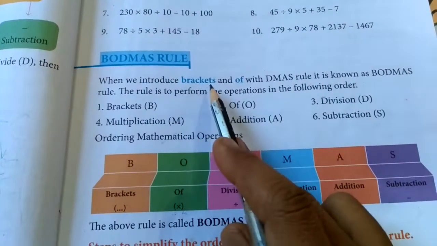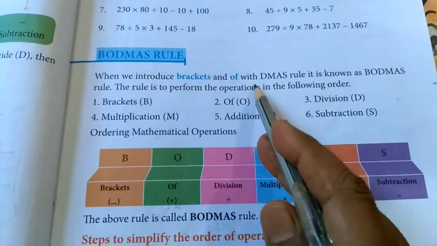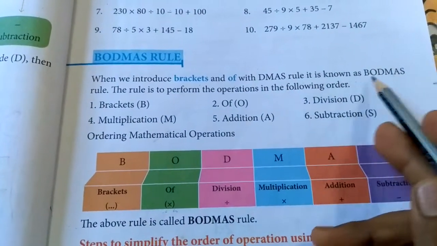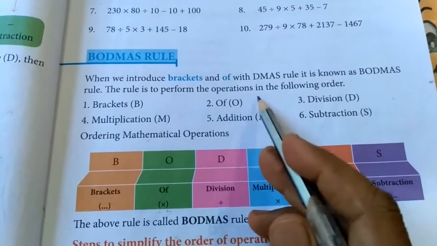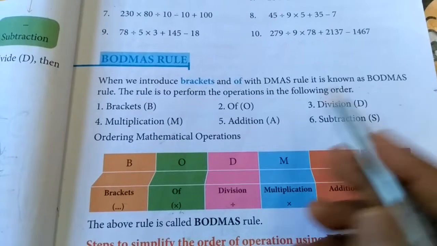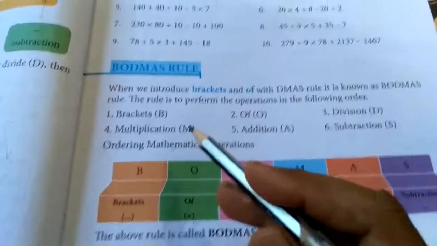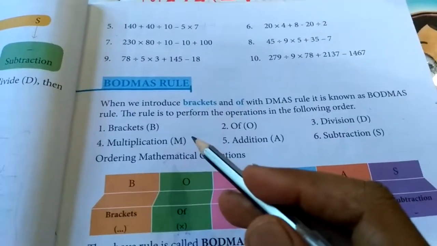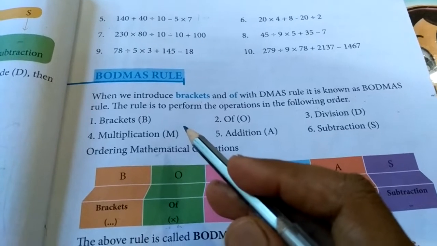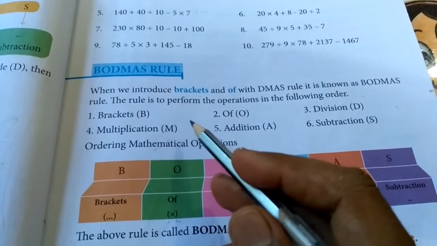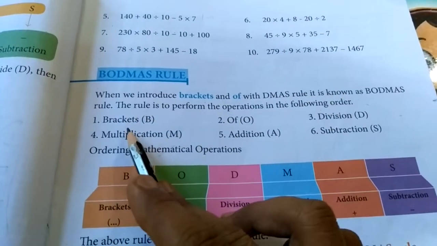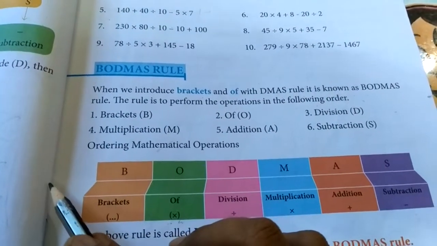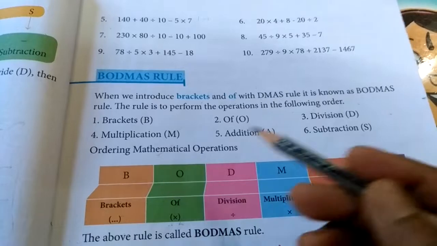So when we introduce brackets and "of" with the DMAS rule, it is known as the BODMAS rule. The rule is to perform the operations in the following order. Now in the BODMAS rule, what order, what sequence are we going to follow? So this will be your sequence: